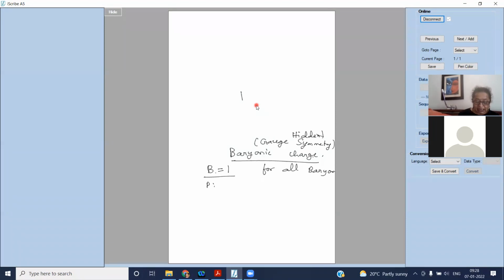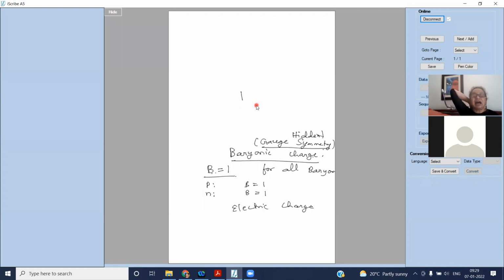In that sense, proton has baryon number 1. Neutron is a baryon, it has baryon number 1. Don't get confused with electric charge. Electric charge is a different quantum number and a different gauge symmetry. I am introducing a new gauge symmetry, which I don't know. Space symmetries I know, but gauge symmetries I don't know unless I verify them. So the conserved quantity under this gauge symmetry is the number of baryons. So I introduce B equal to 1, like electron charge is -1 and positron charge is +1.